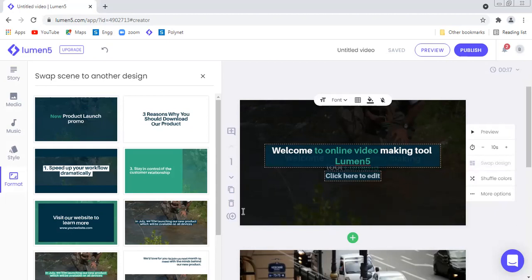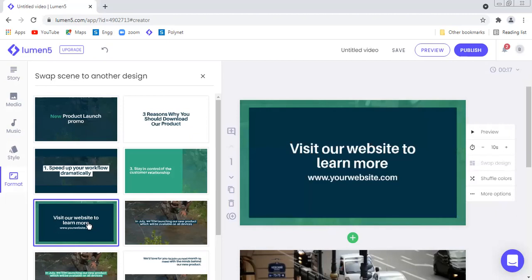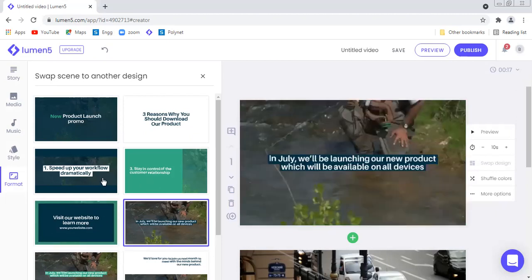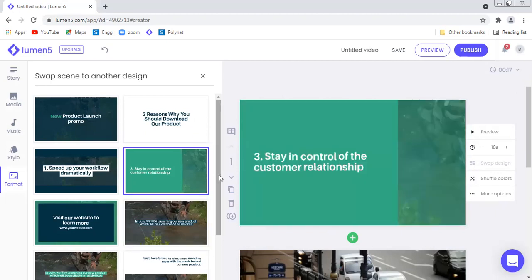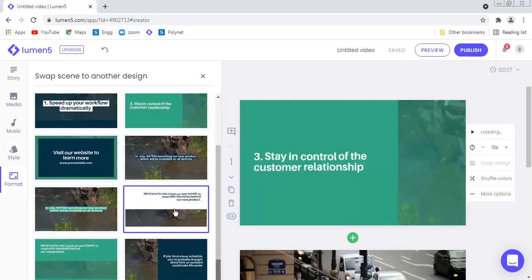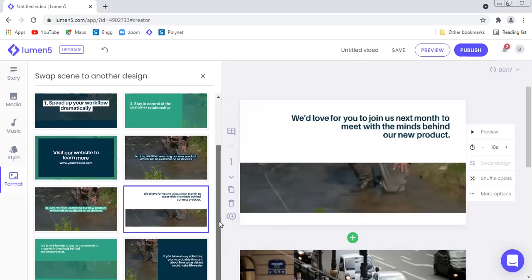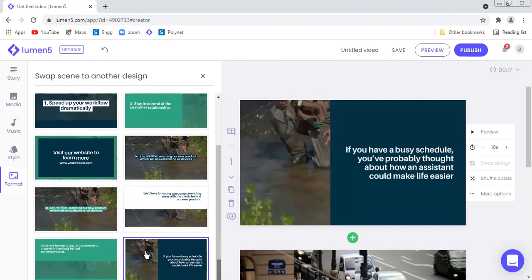So say I'm interested in this particular design. So if I click on this, you can see now the contents have changed and the design has also changed. Accordingly, I can change the design also, right? So likewise, depending upon what you expect, you can change the design, right? The content, the pictures, their position, the way they appear, everything can be changed as per the templates available. Then there is an option that you can change the order of the slide.